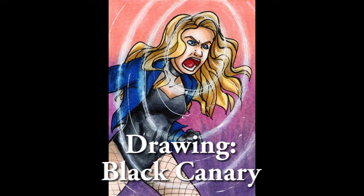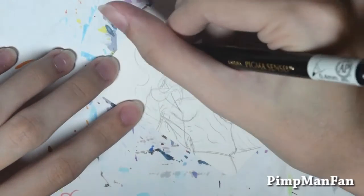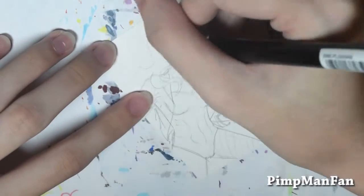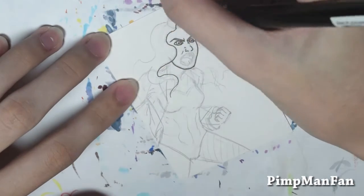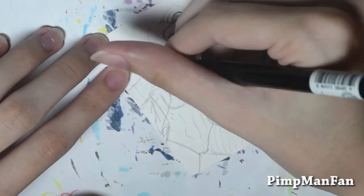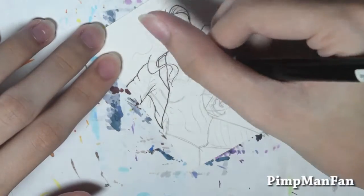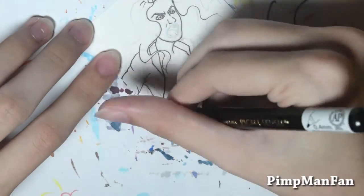Hey guys, it's day 14 with Black Canary, one of my favorite DC characters of all time. And yeah, I just really love how much she can just so major kick ass, and her powers are pretty neat too. So I really wanted to capture her powers, so I wanted some kind of forward, strong pose, and